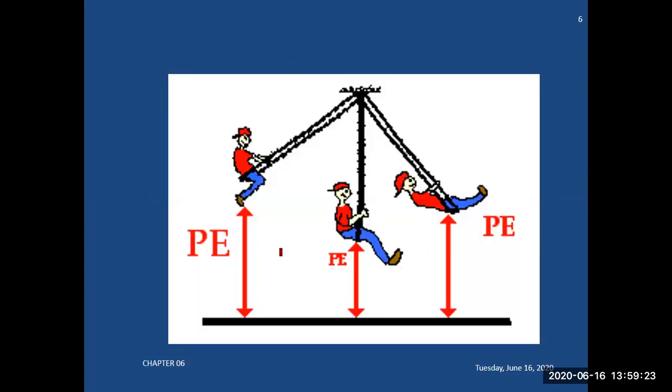Look at this point, due to height, it has some potential energy. The person on the swing has potential energy, but at the same time, when it moves to the other side, again due to height, he has some potential energy. But in between the two positions, he is in motion, and due to motion, this potential energy is converted into kinetic energy, and so on. Due to the height of any object, the energy possessed by that person is basically the concept of potential energy.